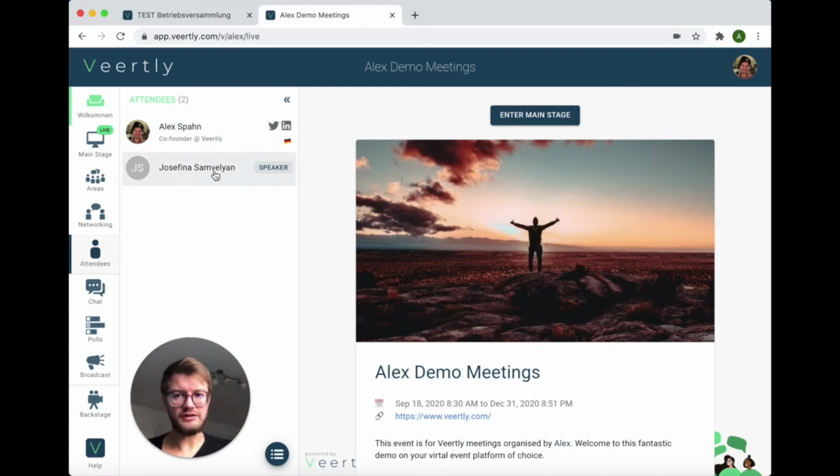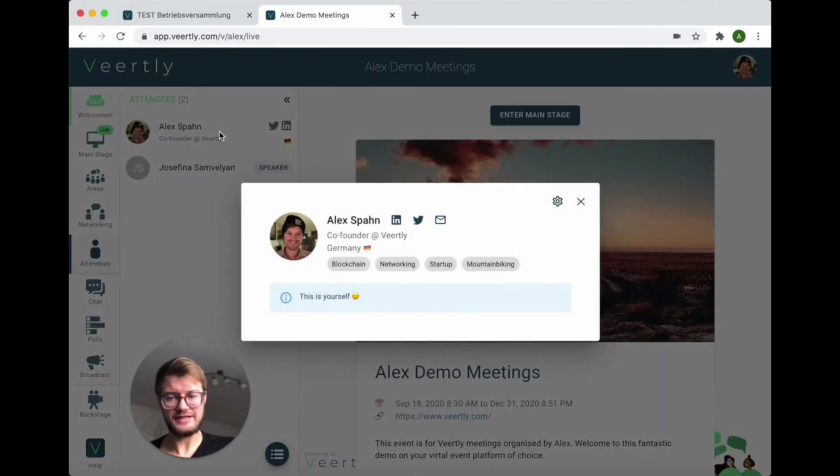and you can see all the different attendees that are in your event at the moment, and you can simply click on the profiles. I'm now making myself an organizer, I have the capability to do that, but I can make myself a host by simply clicking on the profile, and then you see this little settings or editing arrow sign here, and you can simply set yourself as a host, as a speaker, or move yourself to another direction. But in this way we're just setting ourselves as host, and with these host rights you will get